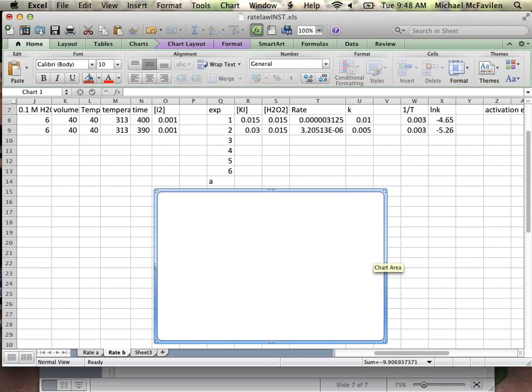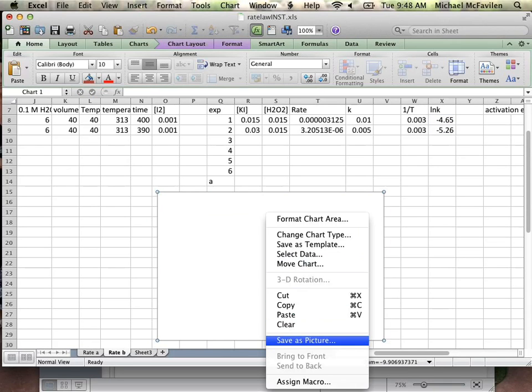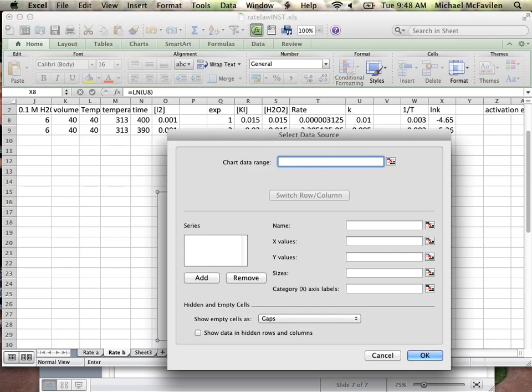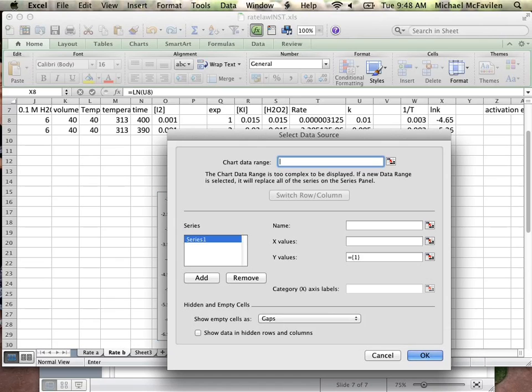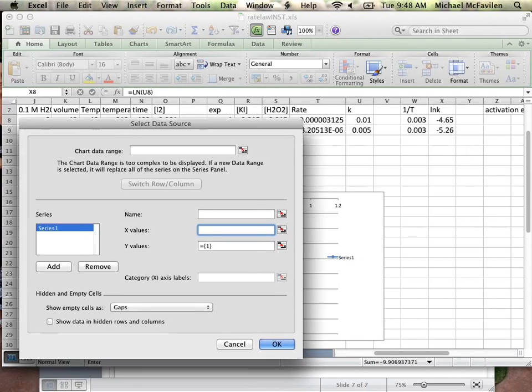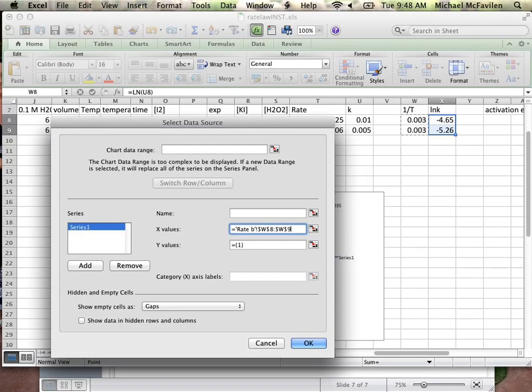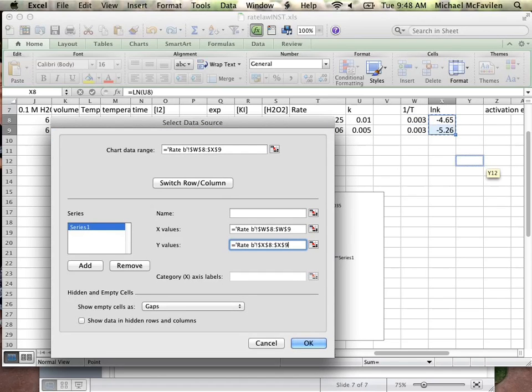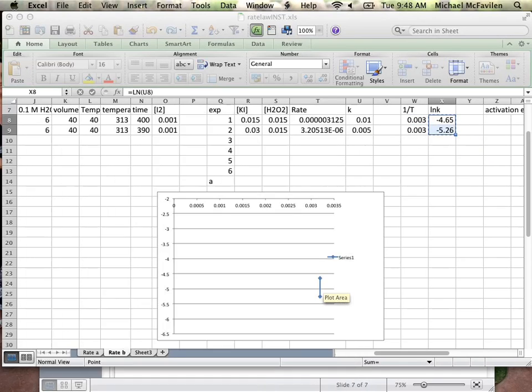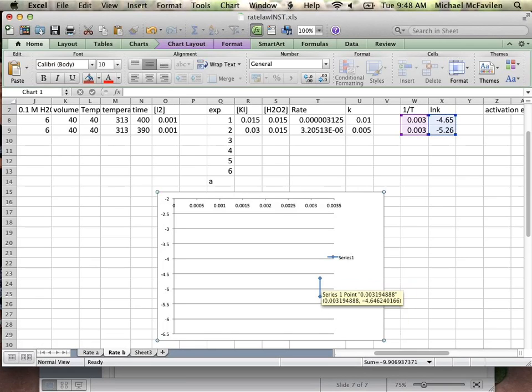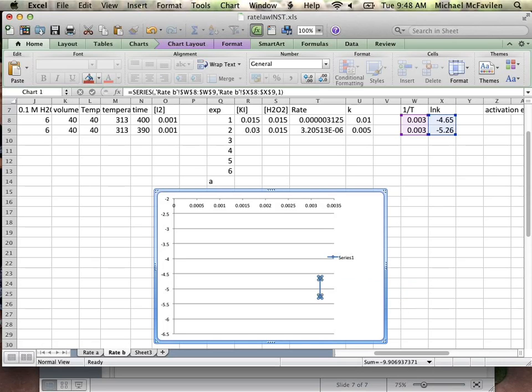Make sure the graph you're using is a scatter plot. If you use the file that I've got set up, right-clicking within that graph, select data, you can add a series. Our x values are our 1 over temperatures. Our y values are our natural log of k. We would select all of that data. I only have 2 data points. Okay? We would then click OK, and we see our data plotted. Okay? We would then right-click on all of the data,